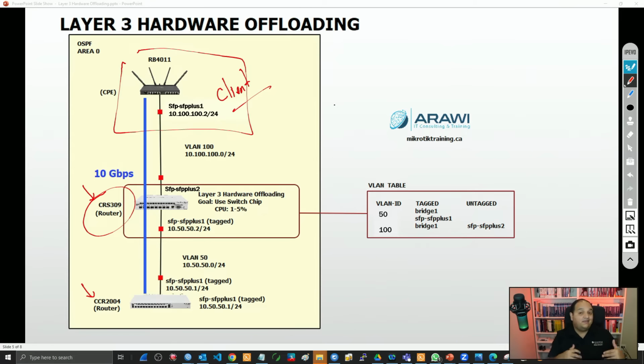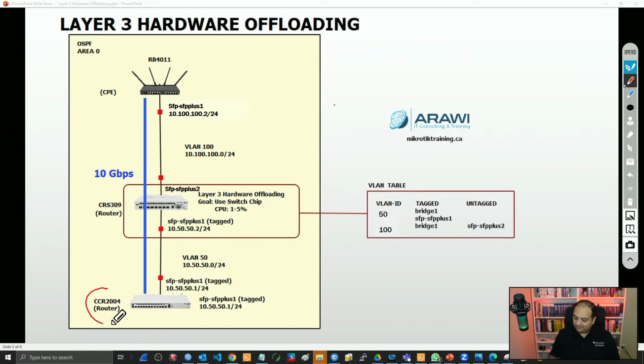So now when we have more than one router, we need a mechanism to exchange the routing information. That can be via static routes, or via OSPF or BGP or RIP. In this case, I have OSPF running between those two devices, and they are able to exchange the routing information. So that means that this CCR 2004 is able to reach that IP address on the end device,